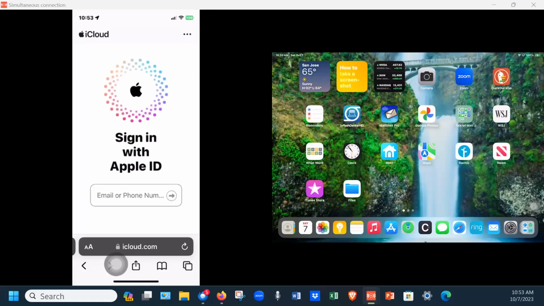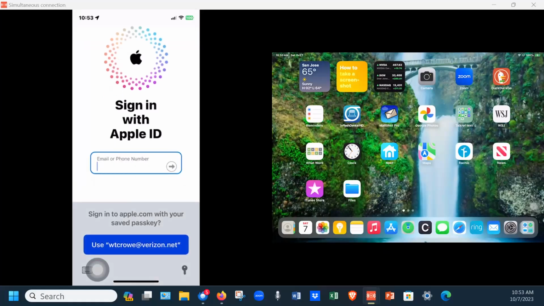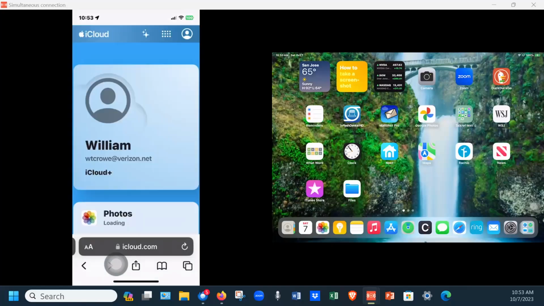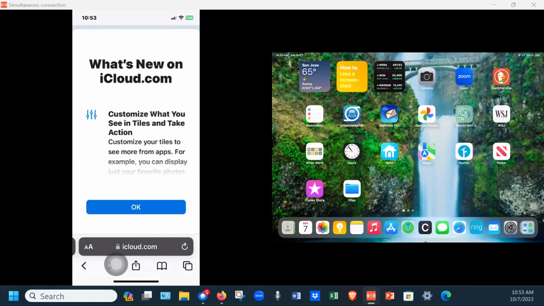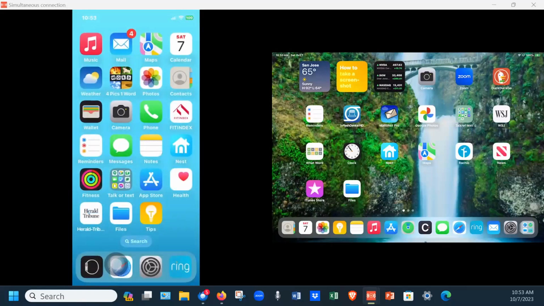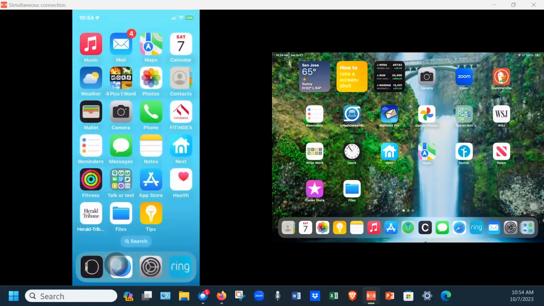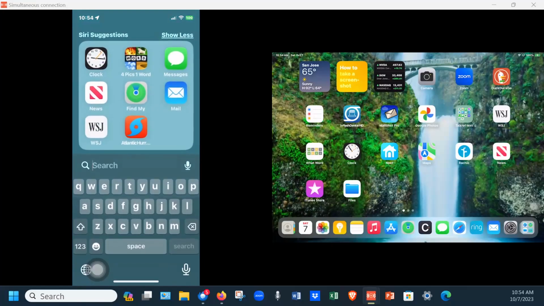So I would put in, in my case, my wife's Apple ID, and then her Apple password, and it would say Find My on there, and you could click on it and it would show you where that device is, both iPhone and iPad. Check the location of all of your items and devices in the Find Devices and Find Items apps. If I go to Find My, which is an app on your phone, a different way to do that